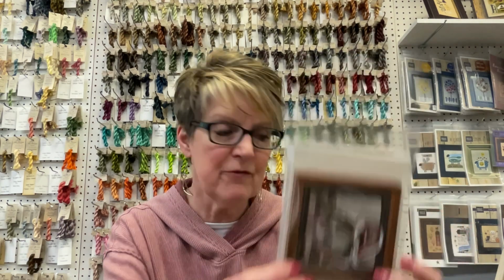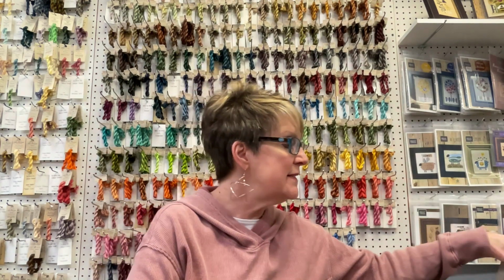And so I did buy some kits with these, but I didn't buy any of these frames this time. I think I will place an order and be a little more intentional about what sizes I'm buying, and maybe if I think of something to go in them to use as a model. But what I did buy